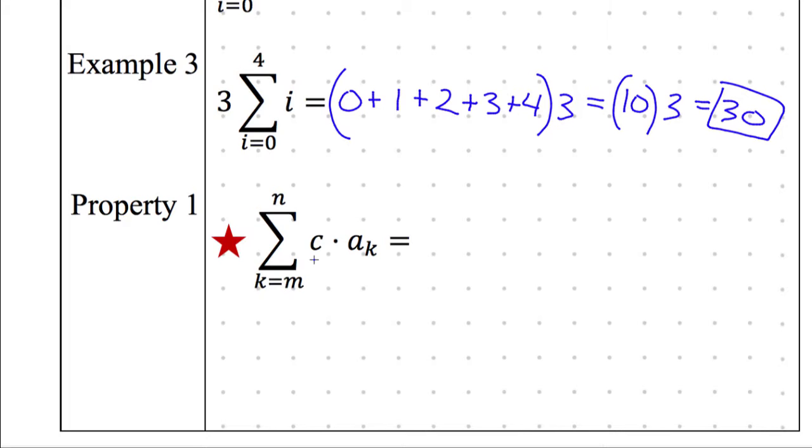This case up there is 3. So c is just a constant. It's a number. So that c is going to be pulled out. And now let's write the sigma notation. So sigma, this is where we actually get to practice writing sigma notation. The index is still the same. It's still k is equal to m. It still ends at m, or n, I should say. N is in,